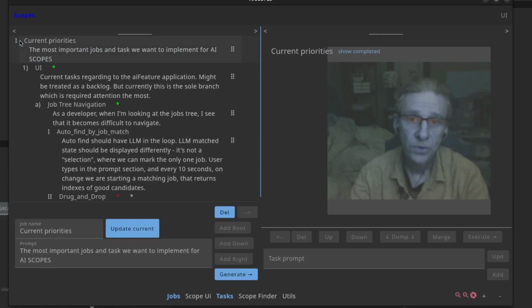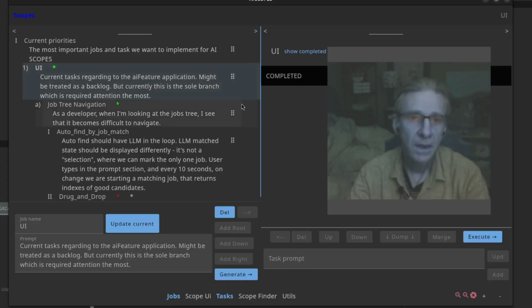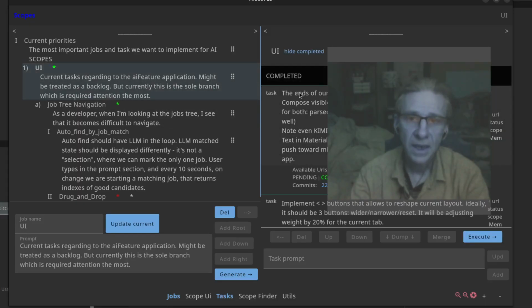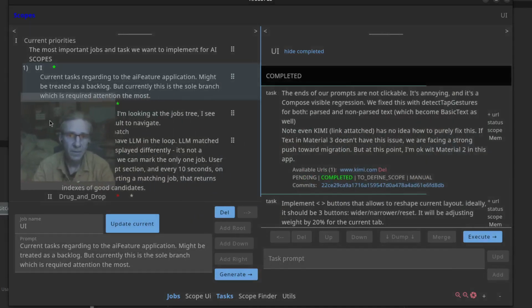So let's go to current priorities. And among all the completed tasks, the current task regarding the AI future application, that's approximately the best we can do for now. So we can type IS